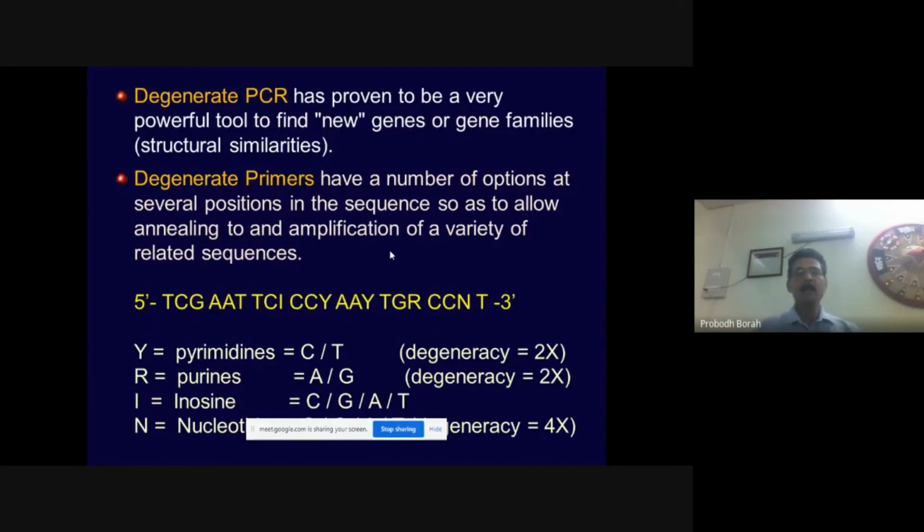Then there is another class of PCR primers. They are called degenerate primers. What are they? Let me just simply explain. Suppose you know that the target sequence that you want to amplify has already been known to have some frequent mutations in certain segments of the target gene sequence. Now, if we do not include all the variable nucleotide options in the primer, if we have got a specific sequence of primer,